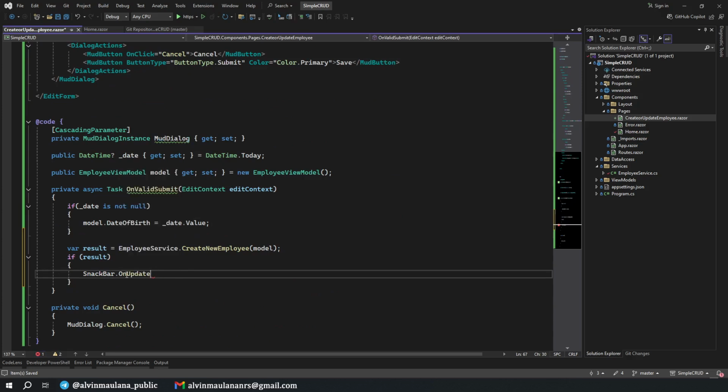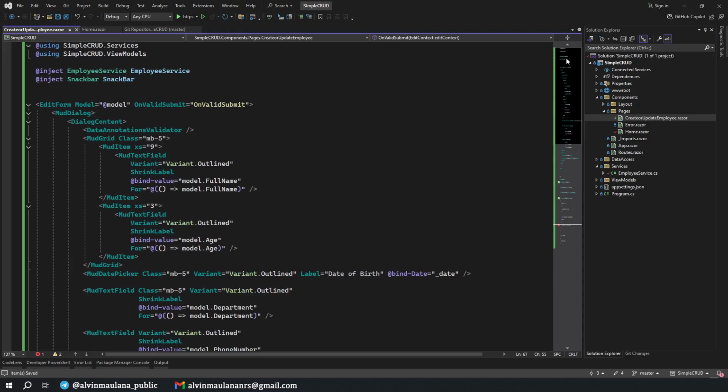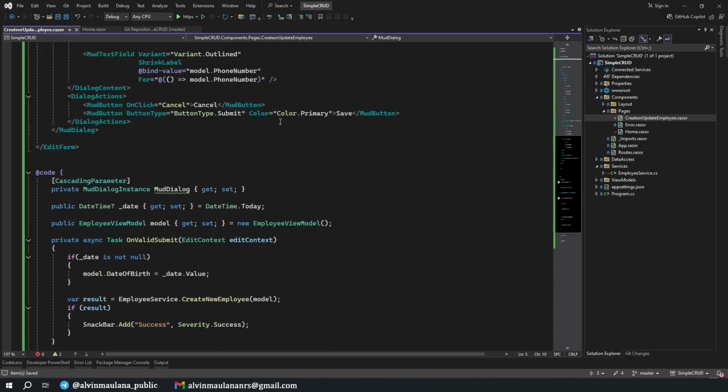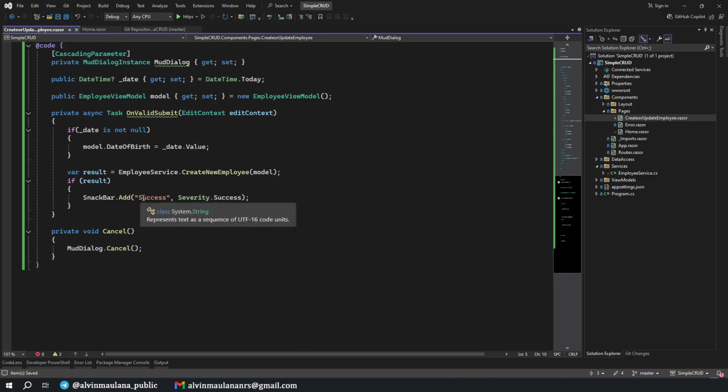Okay, string, why is it not like this? Let me try, I just edit success temporary and variant, not variant but the severity of success. Oh, I was wrong, it should be not Snackbar but ISnackbar. Okay, sorry. And now it should be fine.